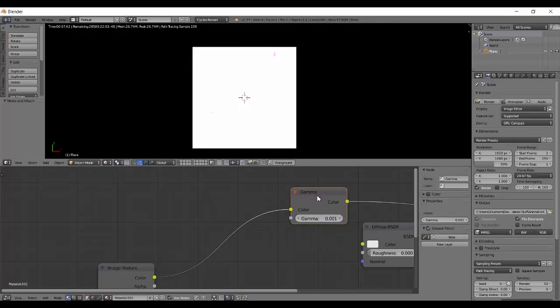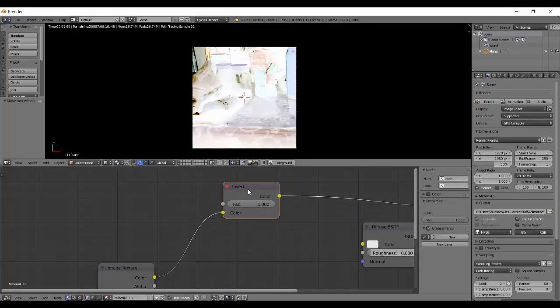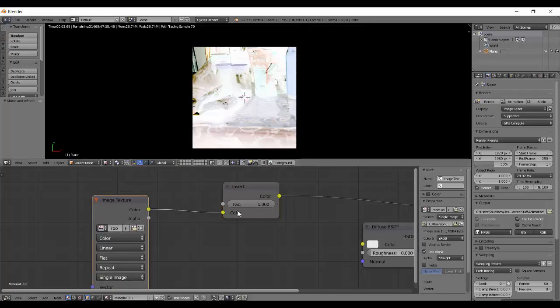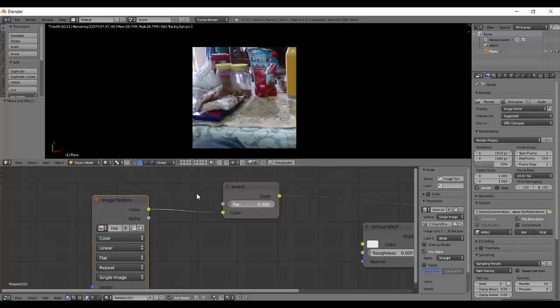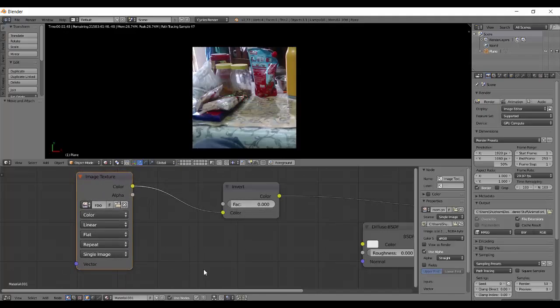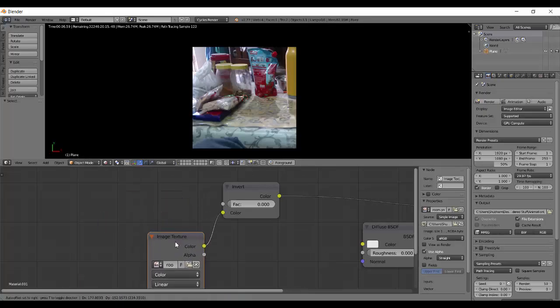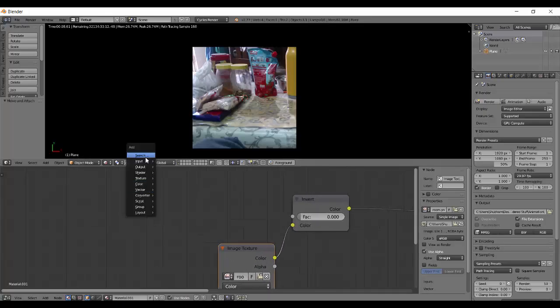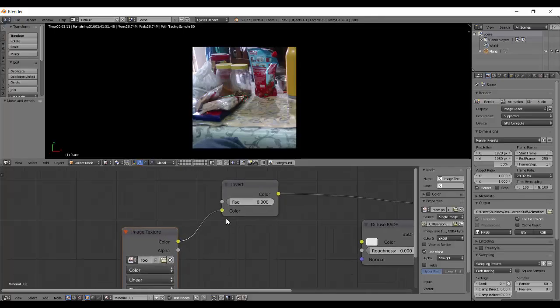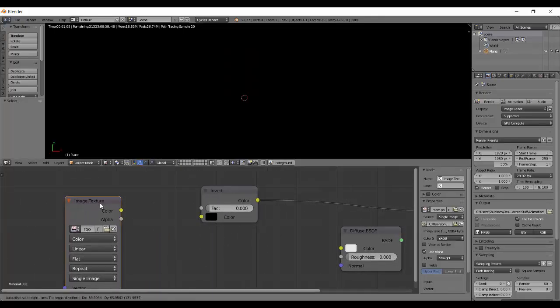So the next node is the invert. As the name says, it inverts the color using a factor. A factor of 0 means there will be no inversion of the colors that we see over here. How invert works actually is, for example, what invert does is